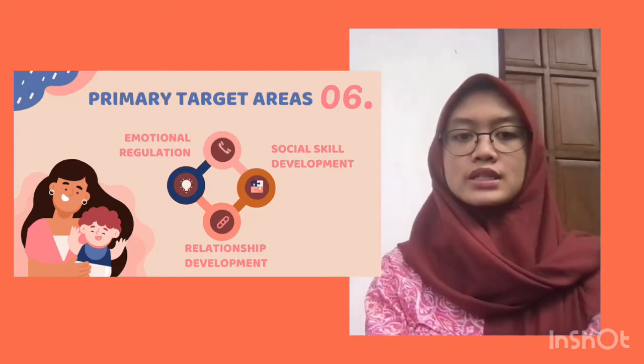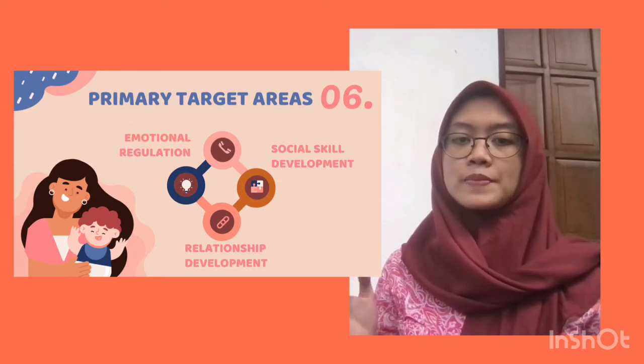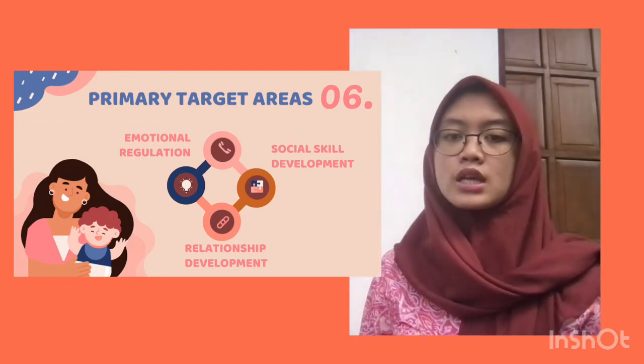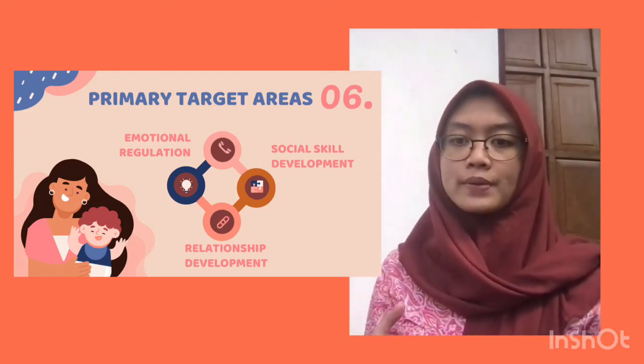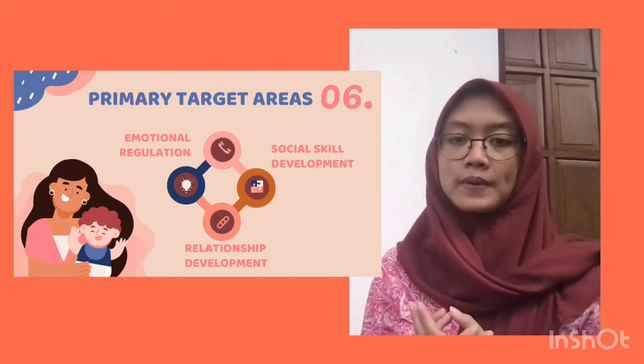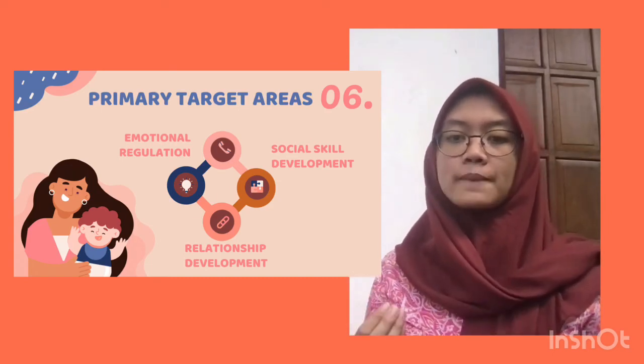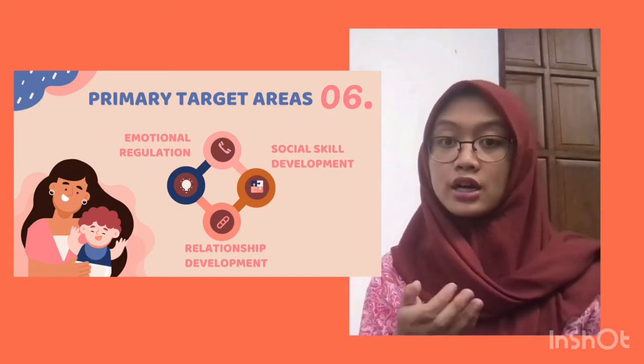Now let's talk about the three main primary target areas when we do this Autplay therapy. The first one is emotional regulation. Emotional regulation refers to the process by which individuals influence which emotions they have, when they have them, and how they experience and express their feelings. With the help of implementing Autplay therapy, our loved ones will hopefully feel they have a compass that guides them in the right directions and powers their emotions.